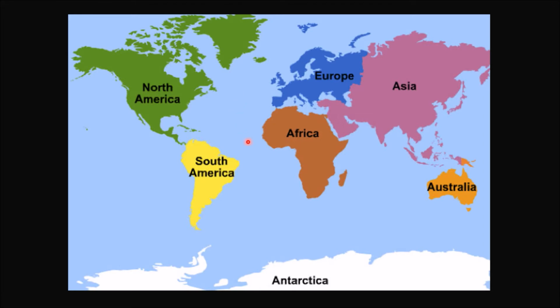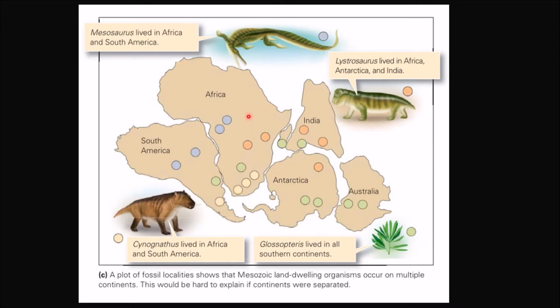This ocean in the middle is called the Atlantic Ocean. So right now, the Atlantic Ocean separates South America from Africa. But here in the edge of South America over here, all the way here in the east, they found some really old fossils that look very similar to some really old fossils from Africa. So if you look at this picture again, take a look at these dots over here. They found that the same kind of creature that lives over here, that used to live over here, also used to live over here.